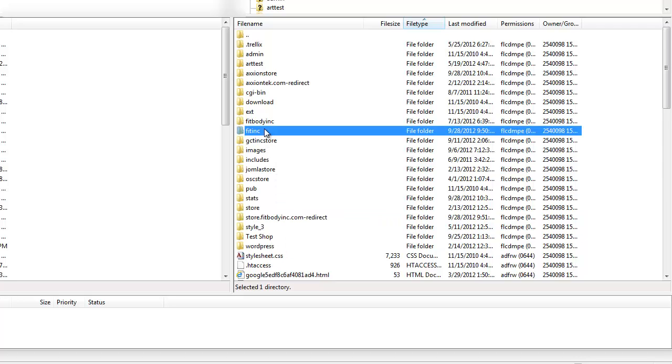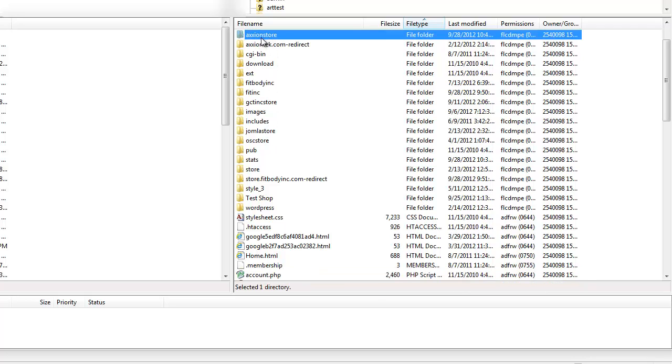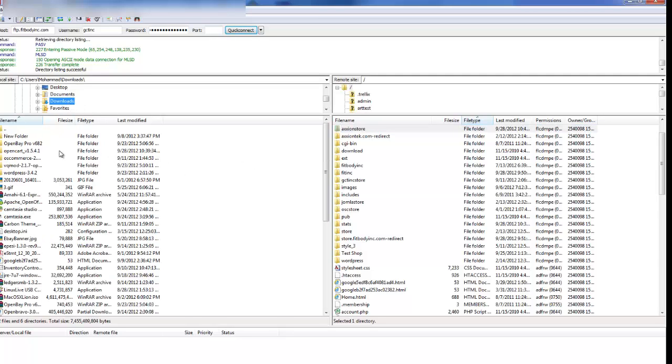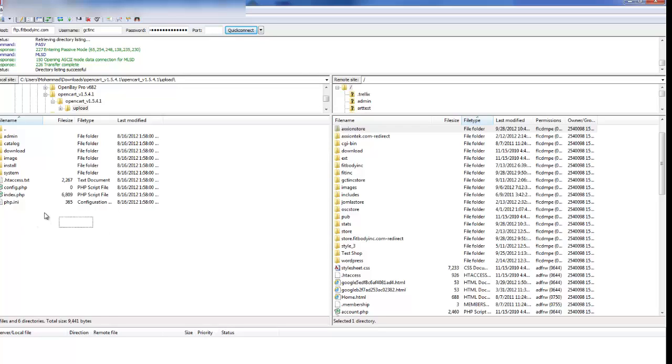So you can just type in the first letter of that folder, and it'll pop up right here, Axion Store. So what you got to do now is go to where your extracted files are. In this case, I'm going to just go to my downloads, and then I'm going to look for Opencart, which is this right here. Now what you got to do is just double click on that, double click again, and then all the files that are in the upload folder, you got to select all of them,